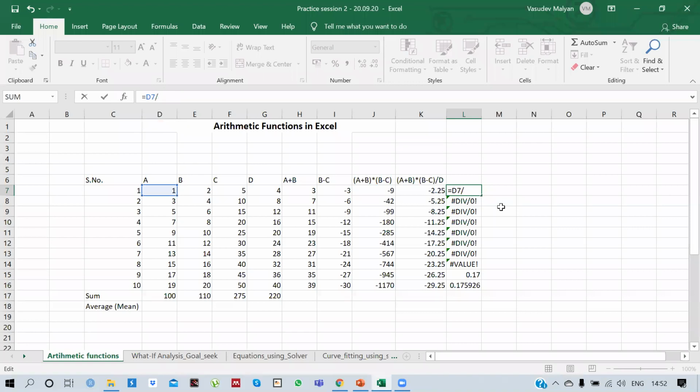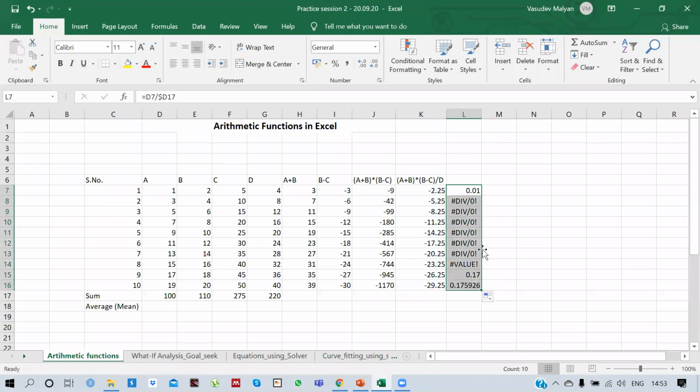I have cell D17, and now I want to divide all these elements by cell D17. If I add a $ sign here, I am fixing the cell name, but I'm not fixing the cell number. So let's say I only fix the cell name, press enter, and now I divide it.